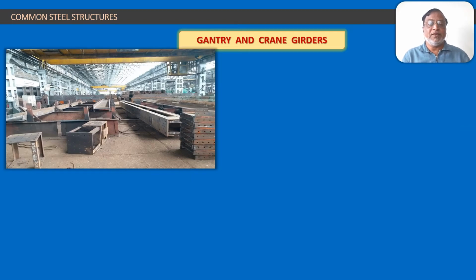The next steel structure is the gantry and crane girder system. Now this is not an independent structure as such. It is a typical assembly of two types of steel girders which is usually found in industrial floors. You can see this industrial floor here. An industrial floor is very long in its dimensions, and very heavy material is used there for the working. Now look at this industrial floor diagram.